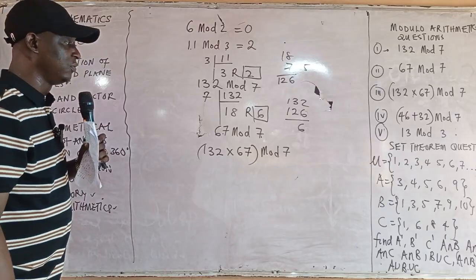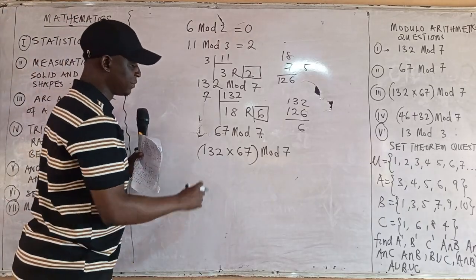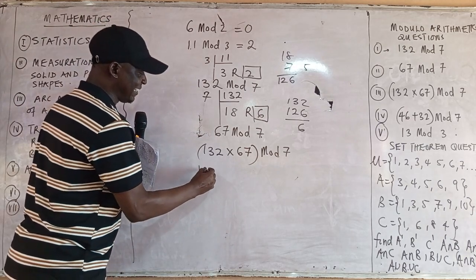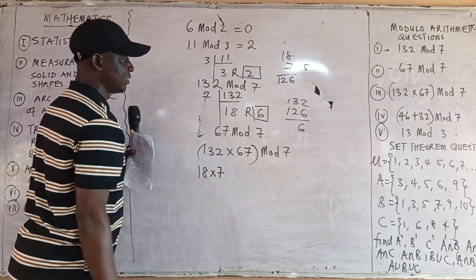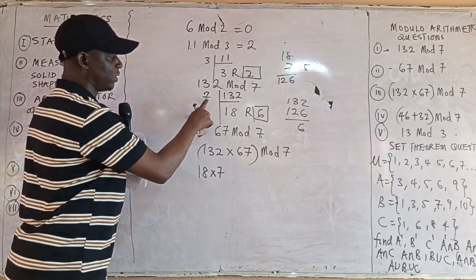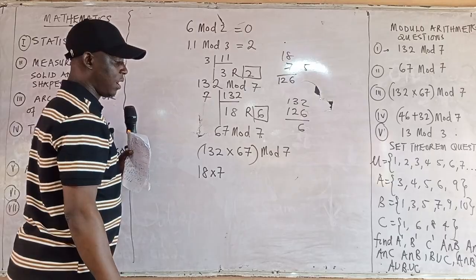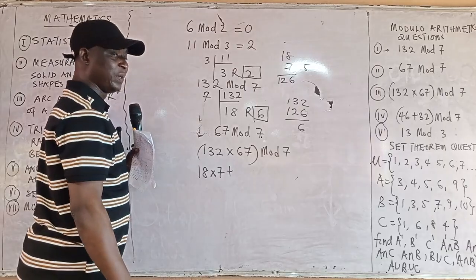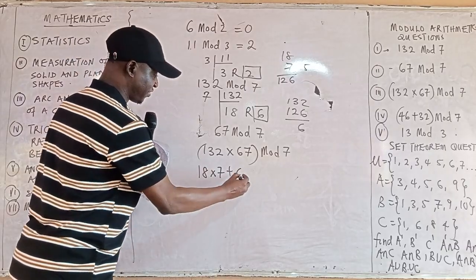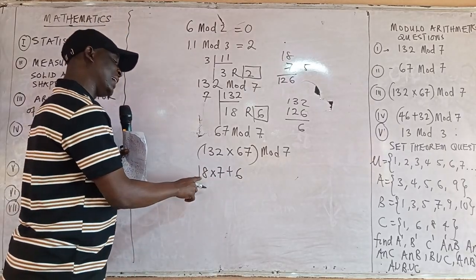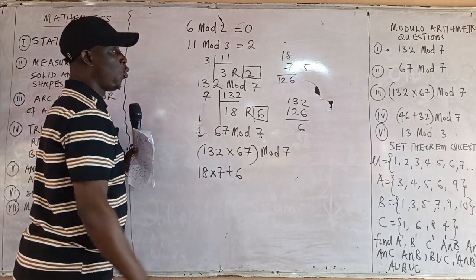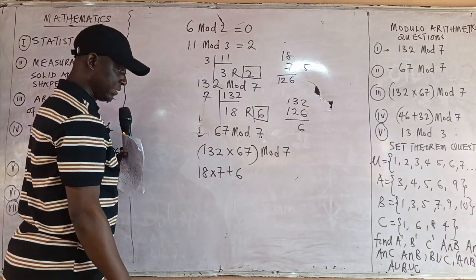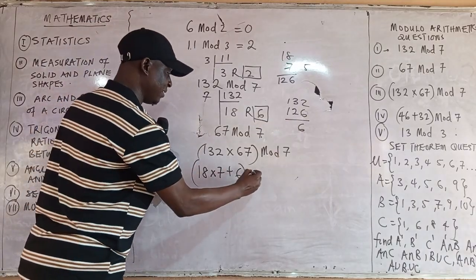Now, what is 132? 132 is 18 times 7, plus the remainder. What is the remainder? 6. So 18 times 7 is 126, plus 6 is 132. You leave it like that, times